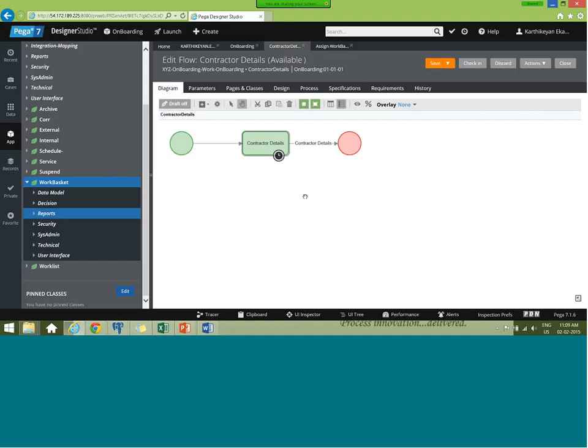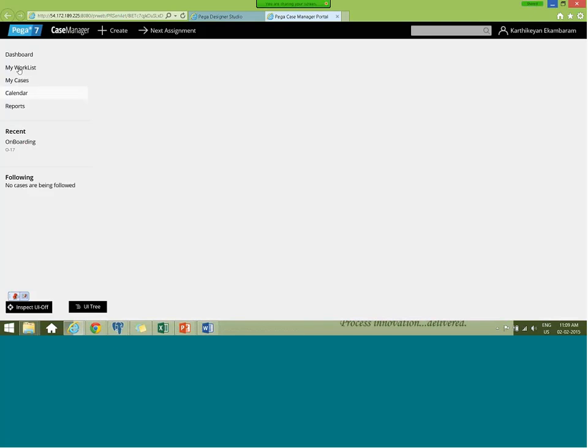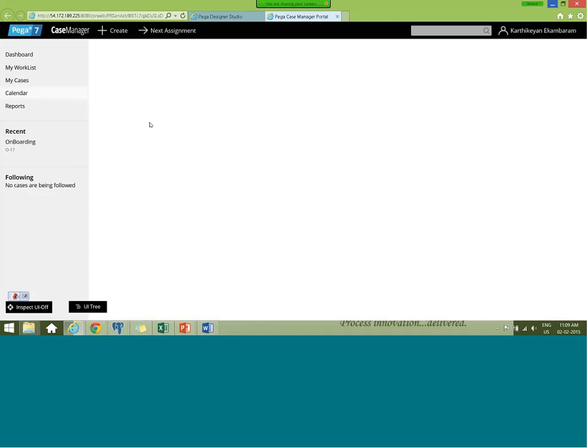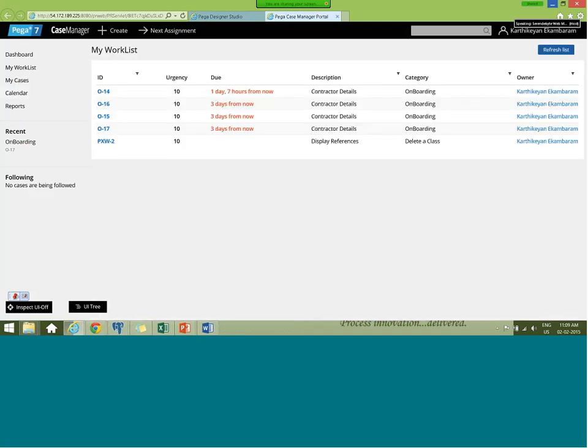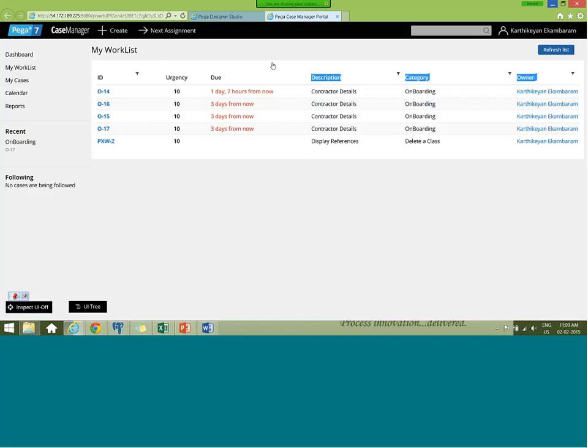Okay, there is one more point. If you are opening your case manager portal, I am seeing my work list, right? Can you tell me which table this pulls from? PC underscore assign underscore worklist, right? Yeah, correct.